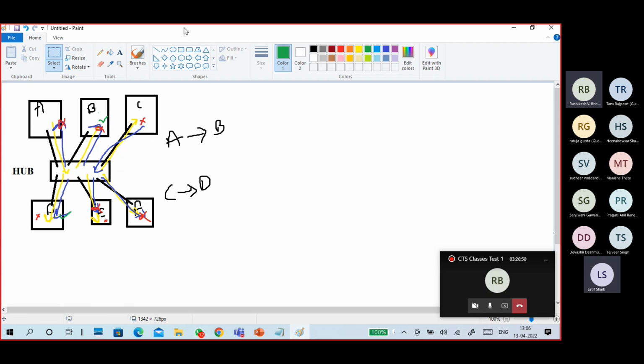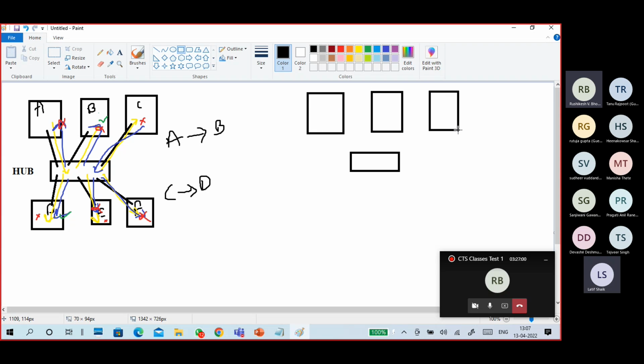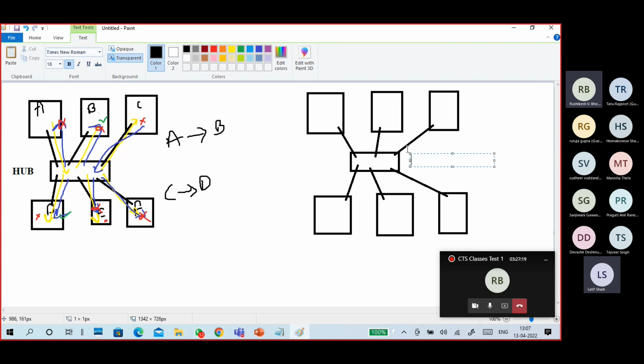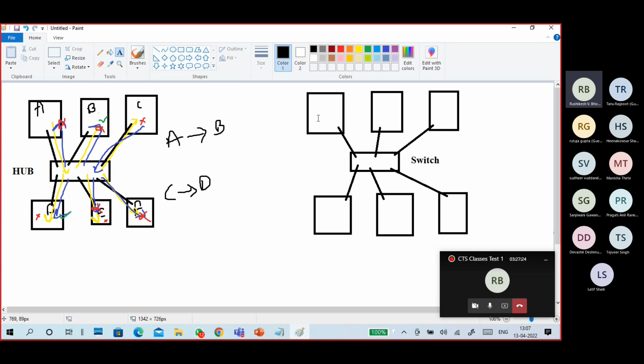Okay, it's the same diagram only. Computers are devices connected to the switch, the centralized device.